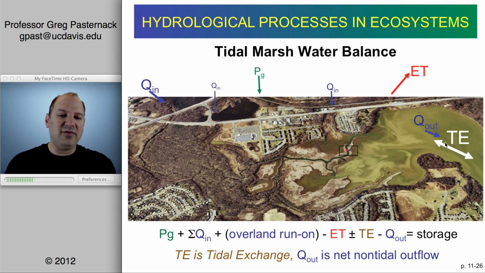And then you have TE here, which is tidal exchange. That is, over one tidal cycle, starting at mean water level, going to high tide, down to low tide, and back up to mean water level again, you have a tidal exchange. And then on top of that tidal exchange, the fact is that the river is pumping water in, and so that water has to go out. So if you were to assume that the tides are coming in and out with a net of zero change, then we can have a term of net non-tidal flow